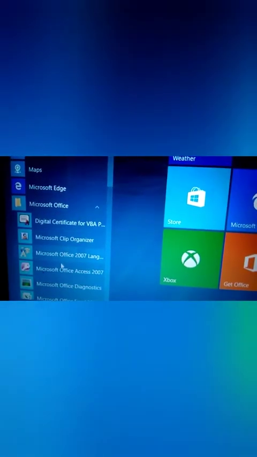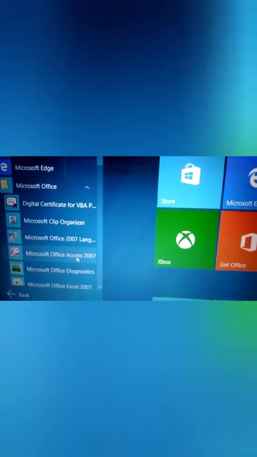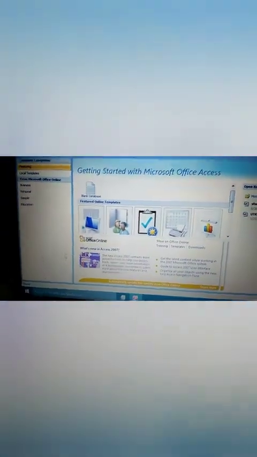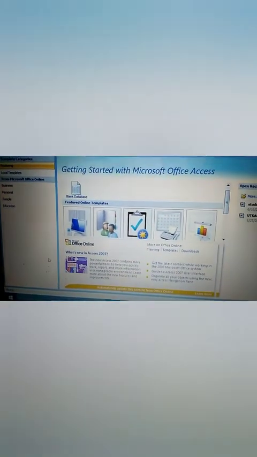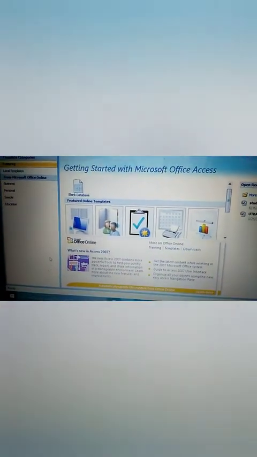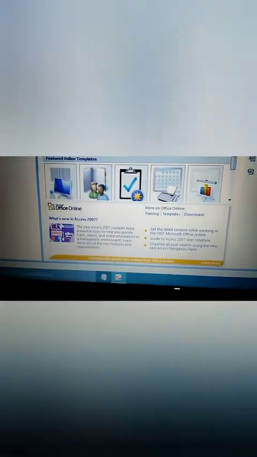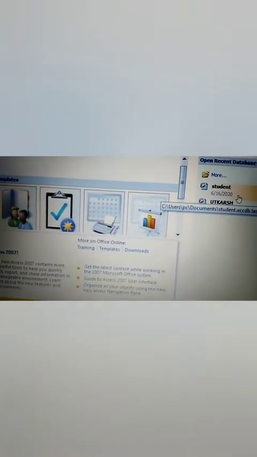After that, select Microsoft Office Access 2007. This was the first screen after opening Microsoft Access. These are the details of files opened in Microsoft Access.